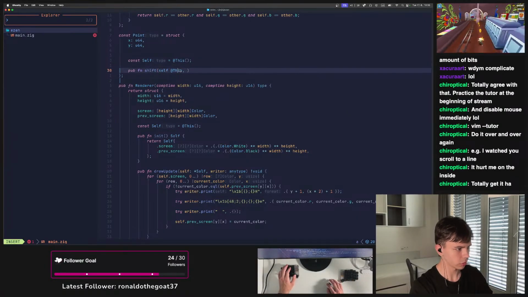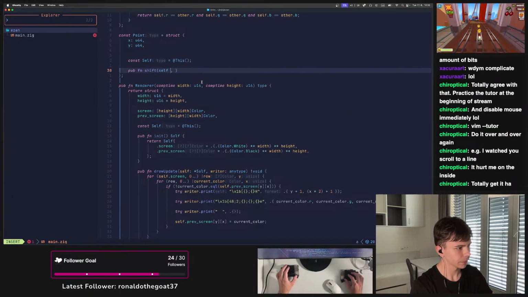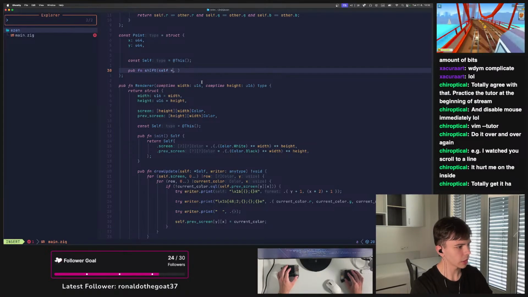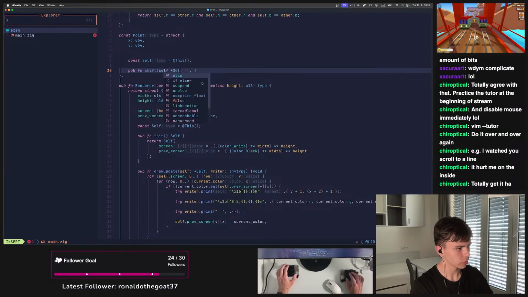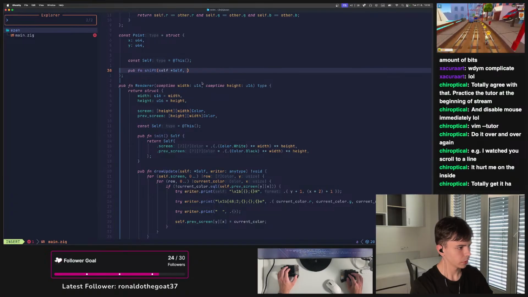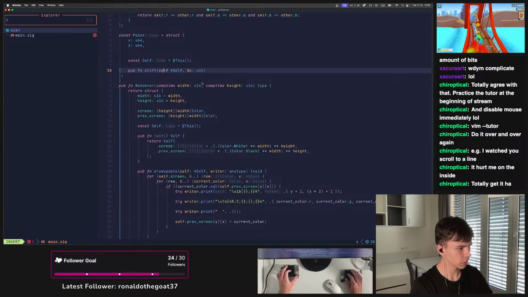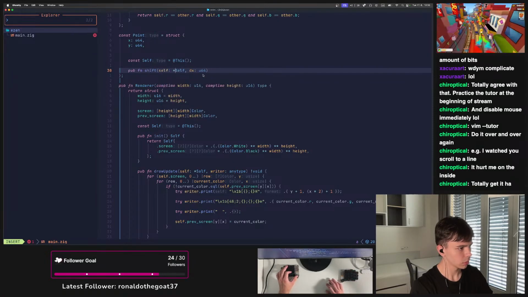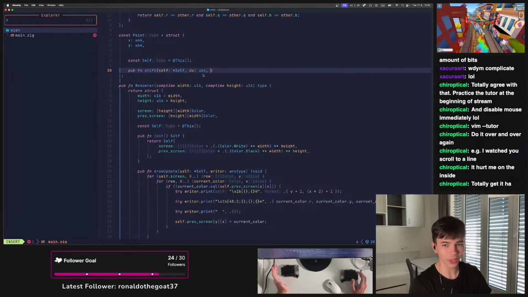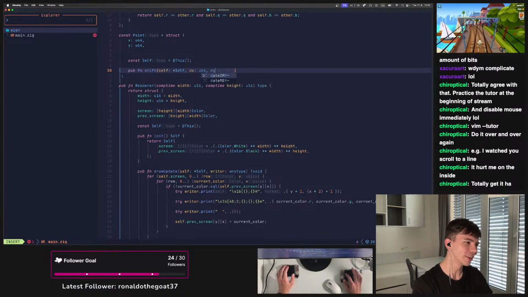It does work actually. Should be star? Yeah, it's star self. The dx, which is going to be u64. Do I have to do it here too? Yeah. No, I'm basically writing Go in Zig. It's insane. dy